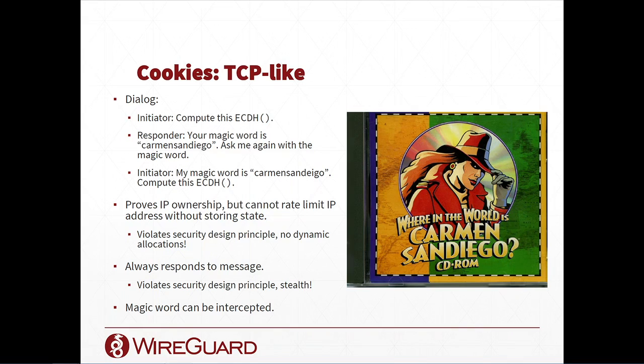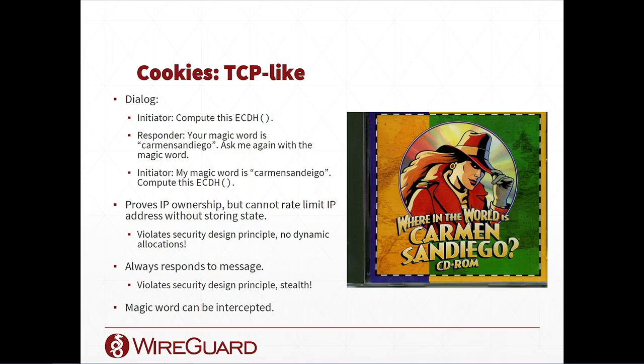TCP-like cookies has a dialogue where the initiator says, OK, compute this Diffie-Hellman. The responder says, your magic word is Carmen Sandiego. Ask me again with the magic word. The initiator says, my magic word is Carmen Sandiego. Now will you do it? And so because there's been this round trip,